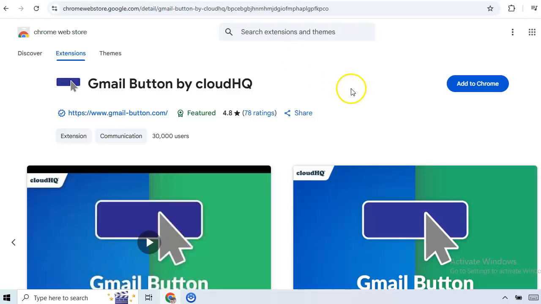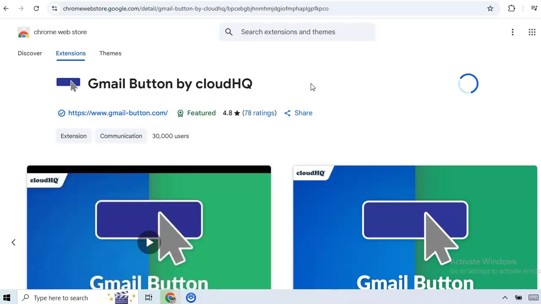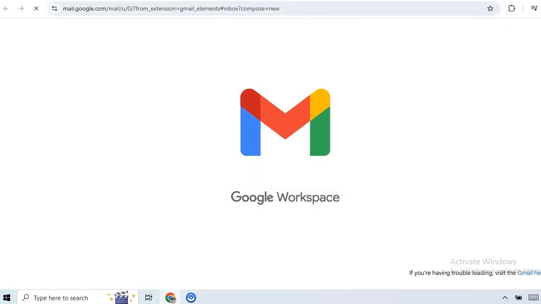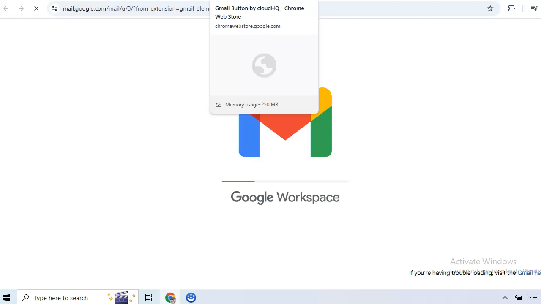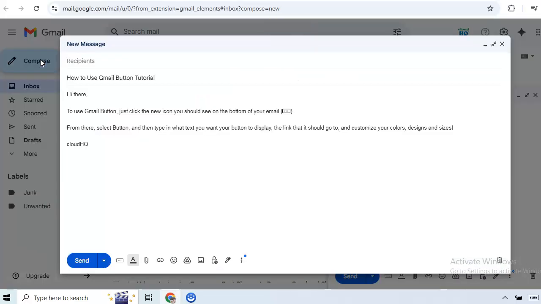Click on it. After that, click Add to Chrome, and then click Add Extension. Just wait for a few seconds. Okay, it's done. After that, just go to Gmail